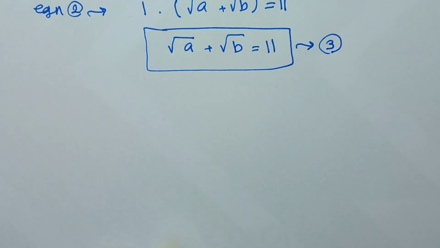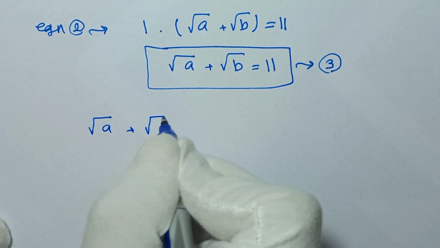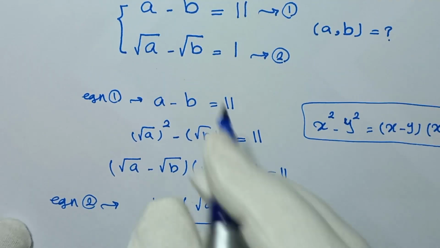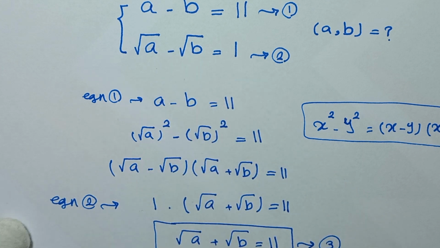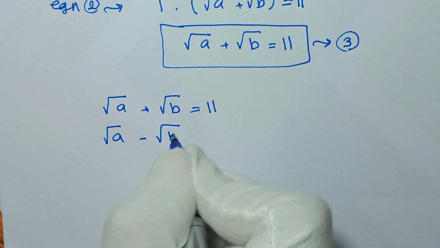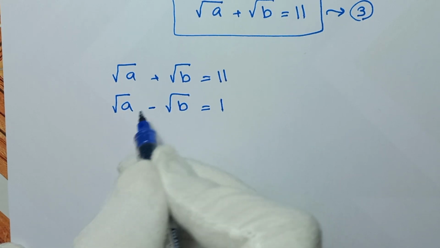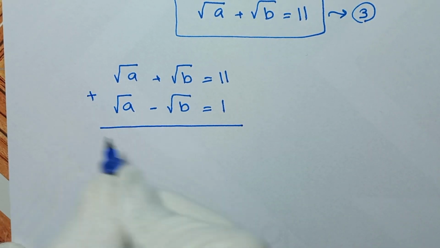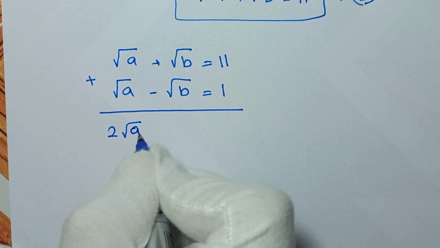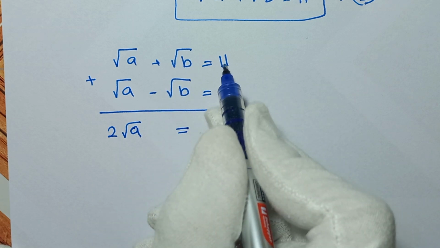In the next step, from equation number 3, we have the square root of a plus the square root of b is equal to 11. And from equation number 2, the square root of a minus the square root of b is equal to 1. So we write the square root of a minus the square root of b is equal to 1. In the next step, we add these two equations, and it will be the square root of a plus the square root of a, which is 2 square root of a, and the square root of b minus the square root of b is 0, equal to 11 plus 1,